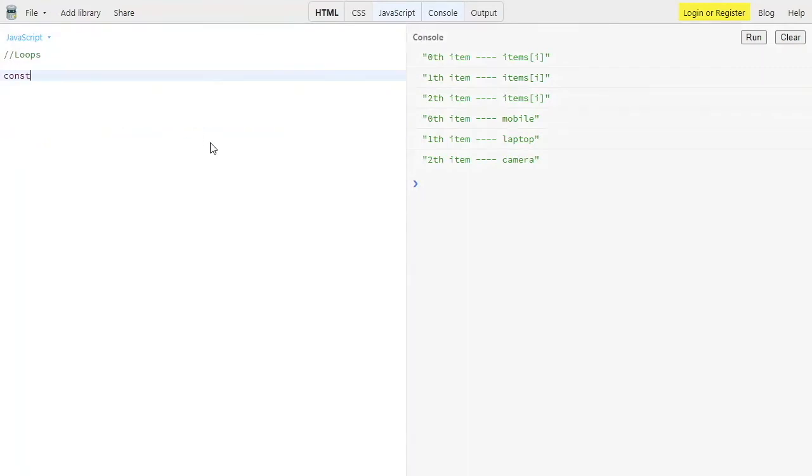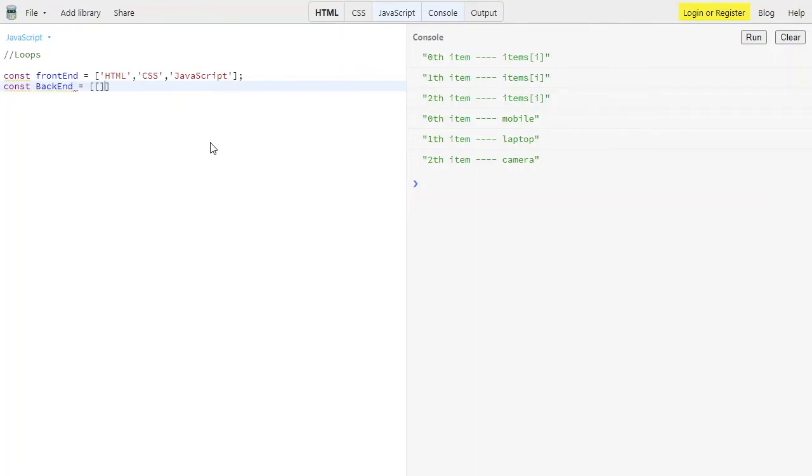I'm declaring one more array as a constant, frontend languages. Let me put in an array: we have HTML, CSS, and our very favorite JavaScript. Then we have a constant backend.